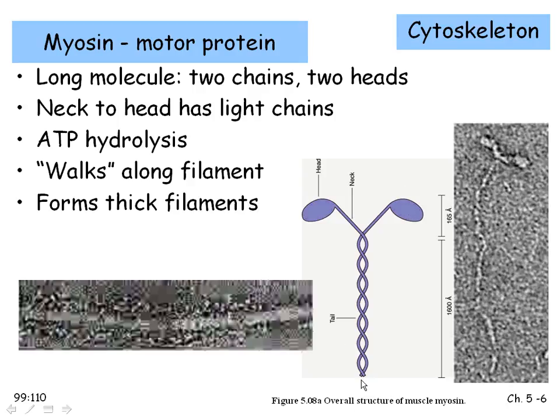This long tail portion of the molecule in some myosin molecules allows it to make a bundle like this. You can see there's a thick core here in the center, and then the little head groups are sticking off of it. This would be called a thick filament. It's quite a bit thicker than a microfilament or thin filament, and it's in fact the thickest of the filaments that we'll be talking